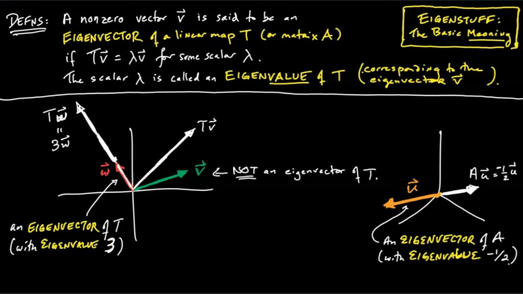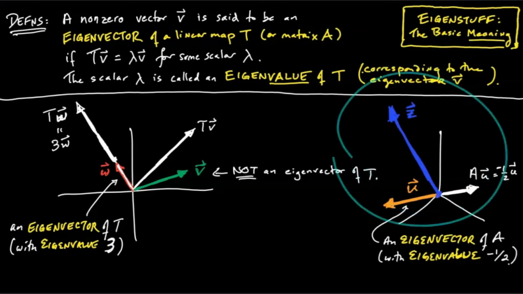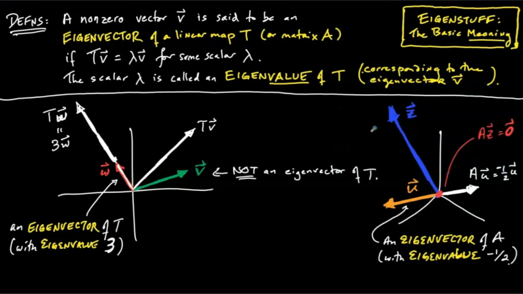Let's do one last little visual example. Suppose that I have some non-zero vector z, and when I hit it with the matrix A, it gets mapped to the origin. Can I say that z is an eigenvector of A? Well, let's see. Does it satisfy the definition? It needs to be a non-zero vector. Well, it's definitely a non-zero vector. And when I hit it with the map, we'd need to get a scalar multiple of the vector itself, which we do, because of course we could write the zero vector as 0 times the vector z. So vector z is indeed an eigenvector of A with eigenvalue 0.